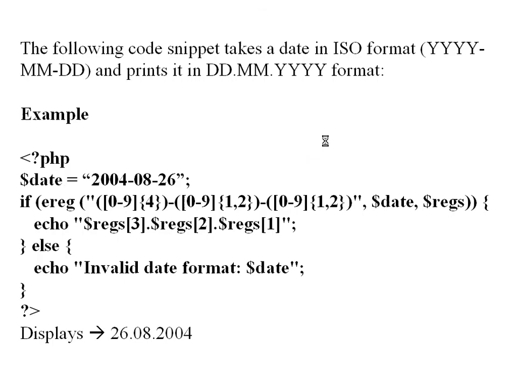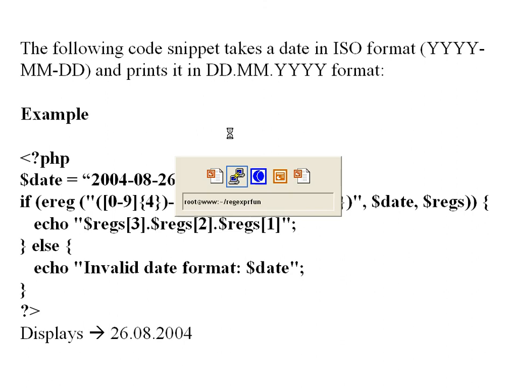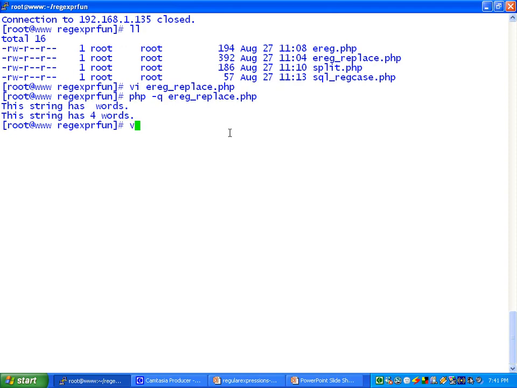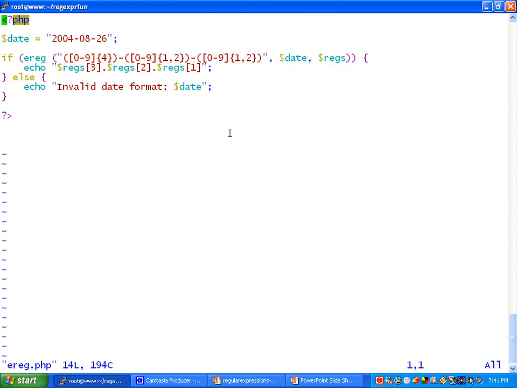Let us take an example of ereg. In this example, I have taken one date to convert the date from one form to another form. I have taken the international form of date, which is year, month, day. In the ereg expression, I want to replace that date with a new format, with a newly formed string in $regs.